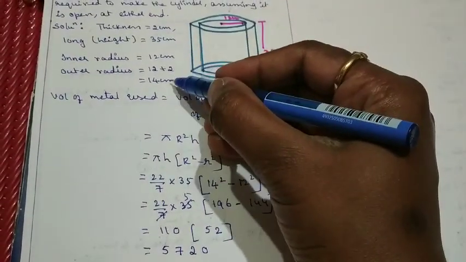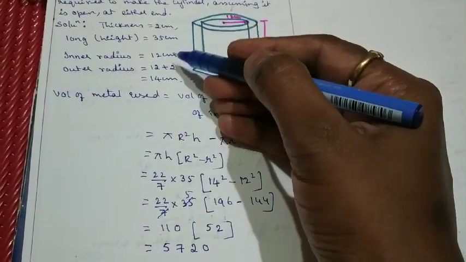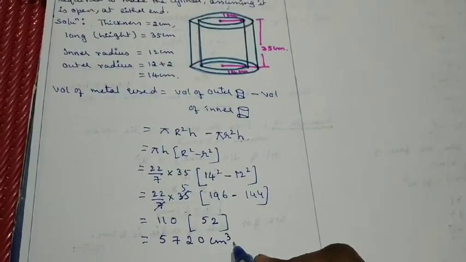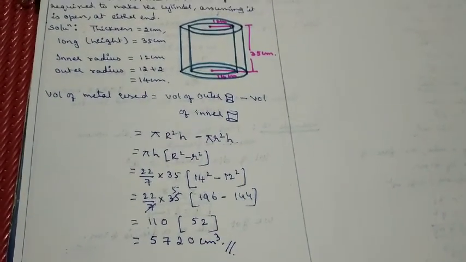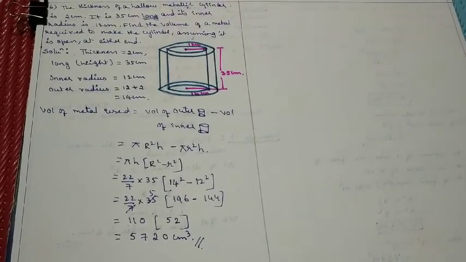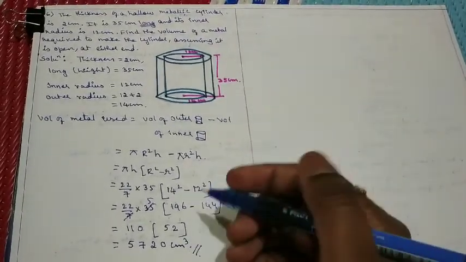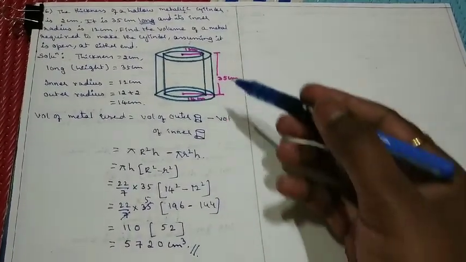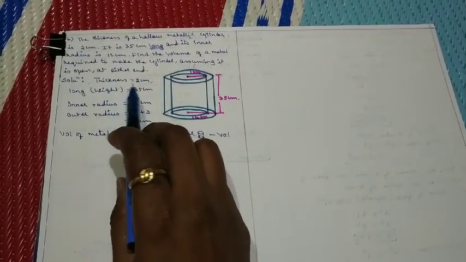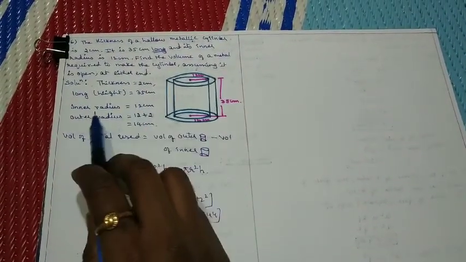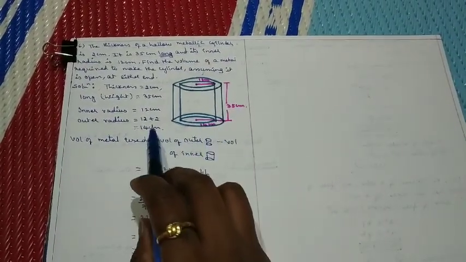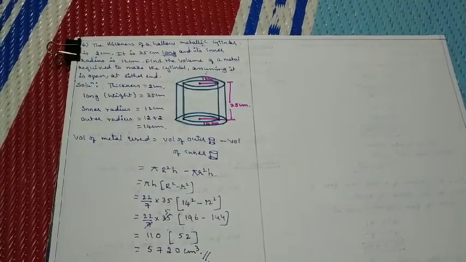And both the units are centimeter. Height, thickness, radius, both the radii are in centimeters. So you'll get centimeter cube. So this is the metal we are going to use, to find the volume, to make into a hollow cylinder of this height and this radius. So what we have done here, thickness we have written, height 35 centimeter, inner radius 12 centimeter, outer radius. To find the outer radius we are going to add the thickness. So 12 plus 2 equal to 14 centimeter.